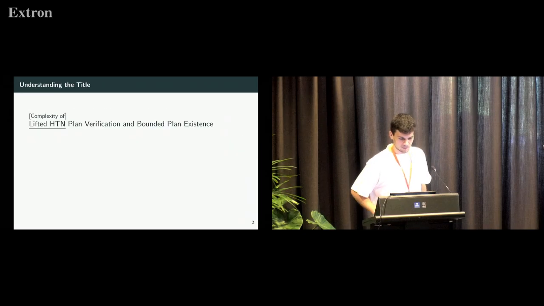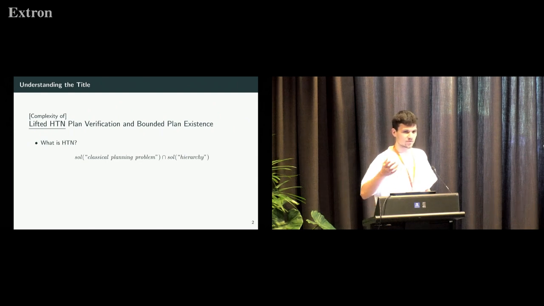Okay, so I threw a lot of words at you, and I think we should start to understand these words. Starting with what the actual task structure is. So what does lifted HTN mean? Given that you're in the HTN session and have just heard a talk about HTN, you might be familiar with it, but just to give you a rough intuition in case not, how I usually think about it is basically that you take a classical planning task and you add an additional solution constraint, which kind of identifies a pattern